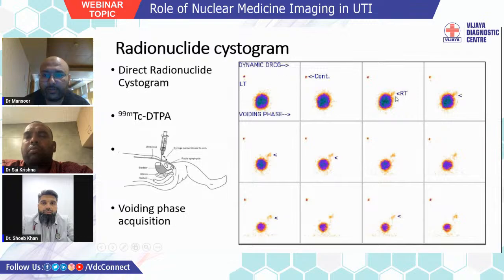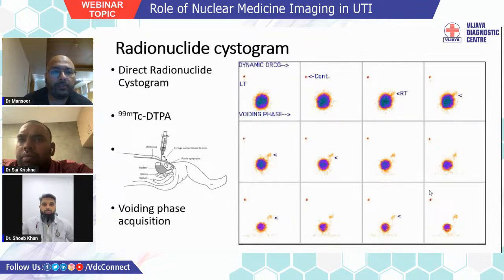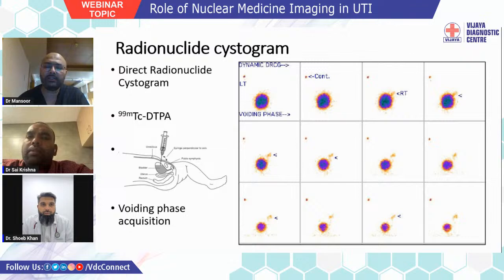Since this is a posterior image, this is reflux into the right ureter. As the patient is voiding, we can see the reflux going all the way up to the pelvicalyceal system. So this is high-grade reflux in the right kidney. This imaging gives very low radiation to the bladder, and especially in a female patient, to the ovaries, we get very little radiation. Of course the injection will be painful, but only for a very short duration of time. There is no risk of ascending infection, as we are not using any catheter.